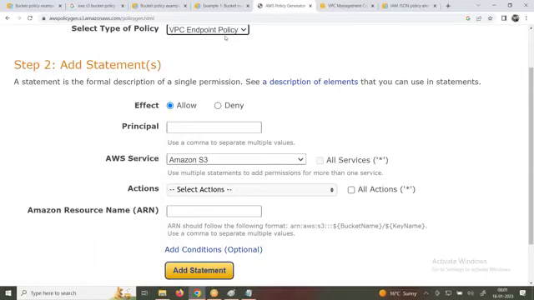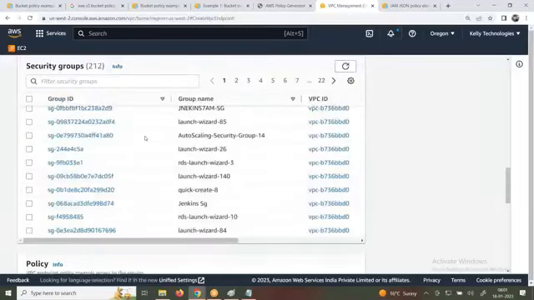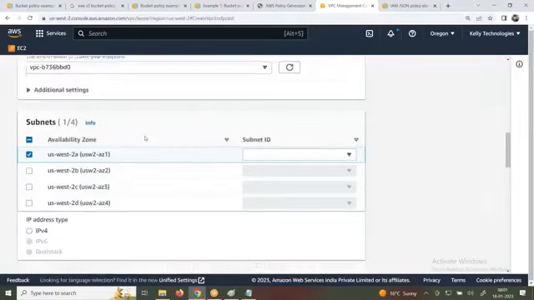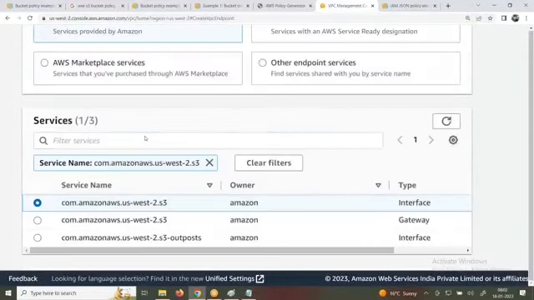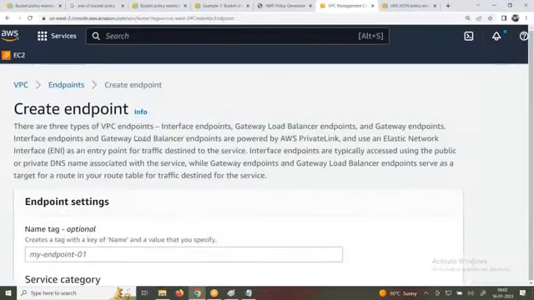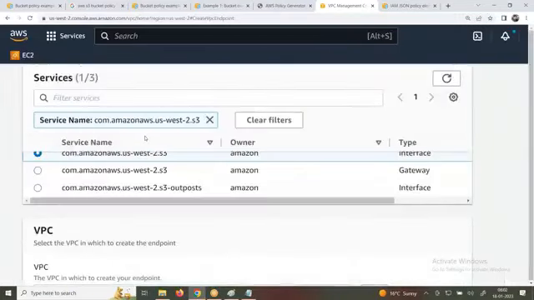Sir, is it only within the region? Yes, only within the region. That is the reason it is very clearly saying so. When you select the endpoint, it shows you that particular region. If you see, I'm in North Virginia. So that is the reason: it is within the region only.